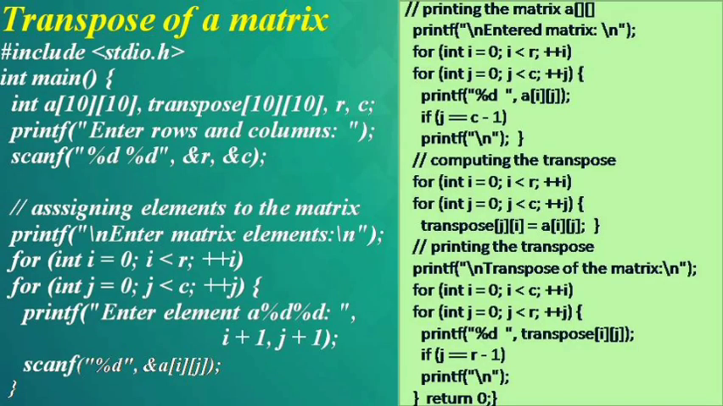The next operation is transpose of a matrix. Transpose of a matrix is a new matrix that is obtained by exchanging the rows and columns. So, in this example,